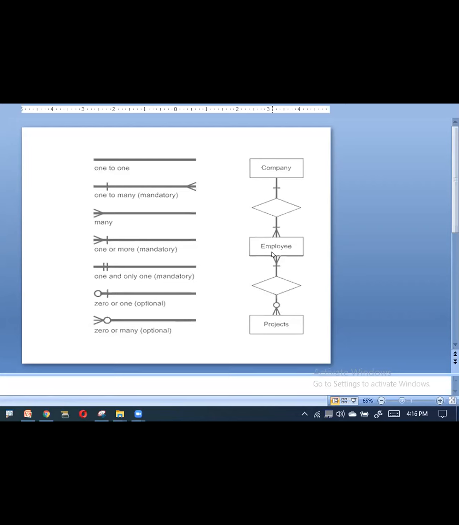Now here I'm saying mandatory. So this is what you say, it's mandatory. That means one or more. So it should have one project, or many projects he can have. And if I'm saying like this, now here I'm saying he may not have the project. So depending upon the conditions, like this the constraints can be developed. Now this is about the one relationship.